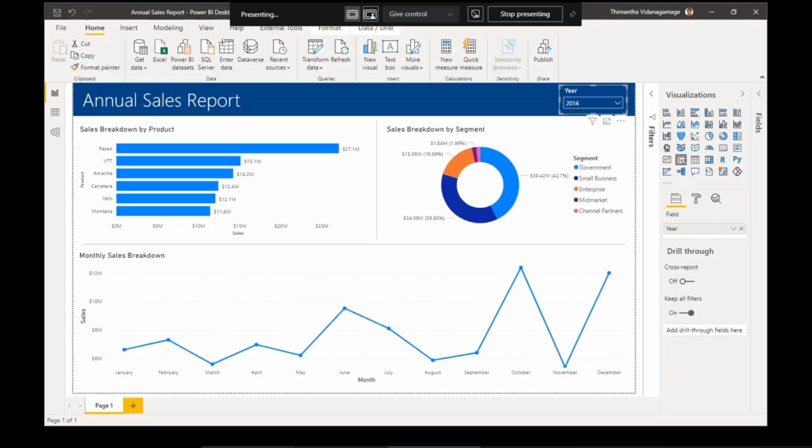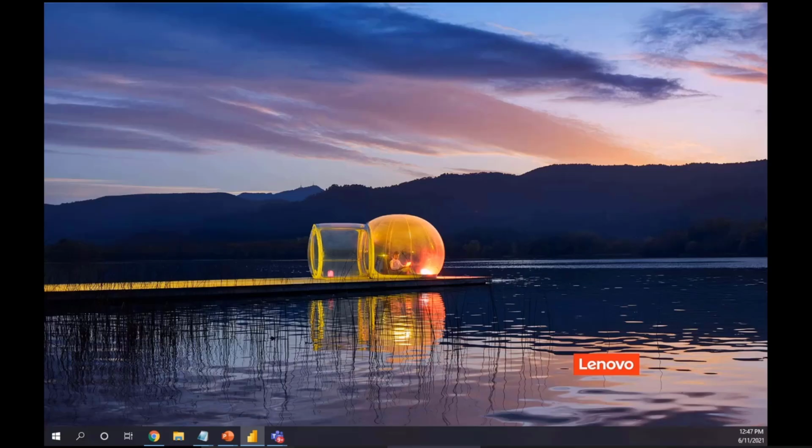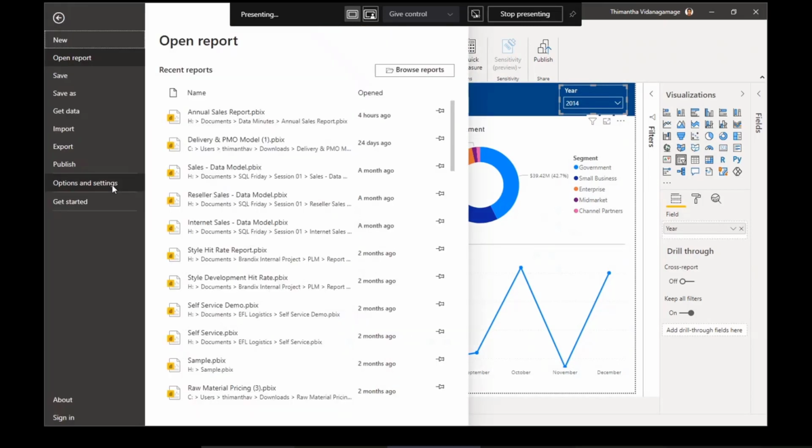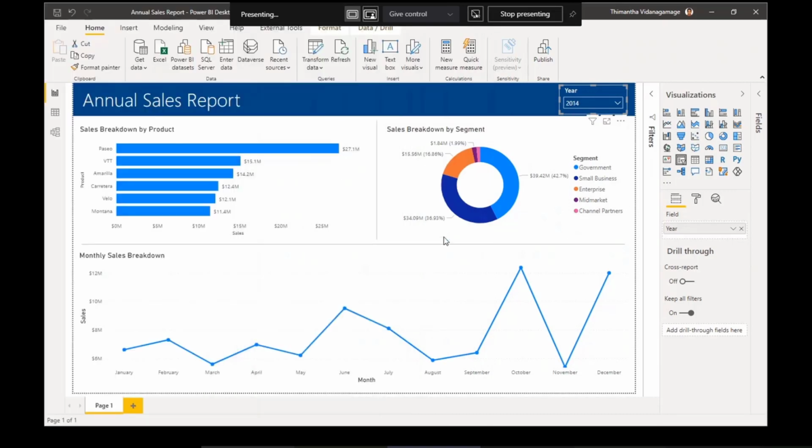I had developed this report to cater to a specific end user requirement. And now I should enable the personalized visuals feature in this report to allow end users to use this feature. So for that purpose, I'll navigate to File, Options and Settings, Options,